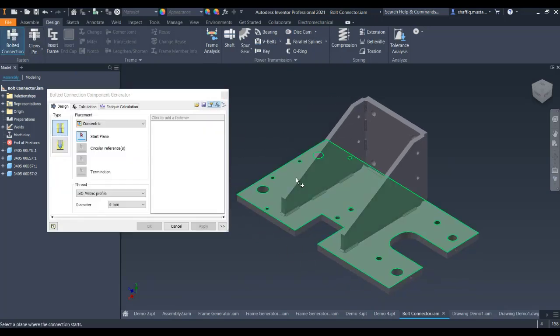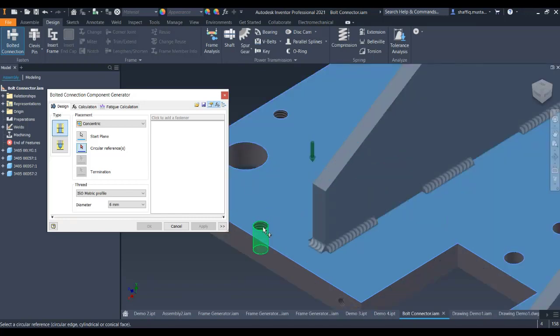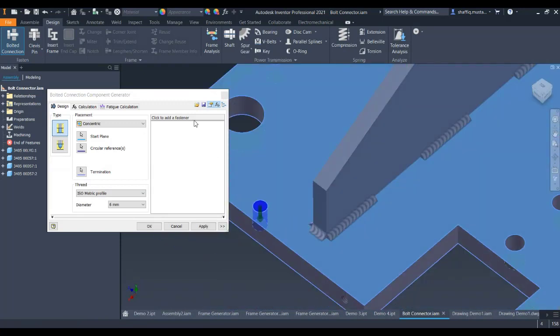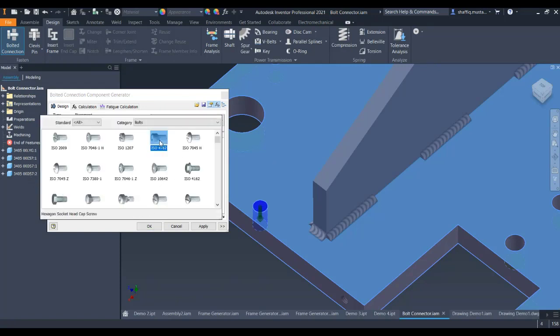Right. When you do a bolted connection, it's no longer come with the bolted connection node or sub assembly like the previous version. In the previous version, when you did a bolted connection, it would generate as a sub assembly in the assembly file. But for the 2021,